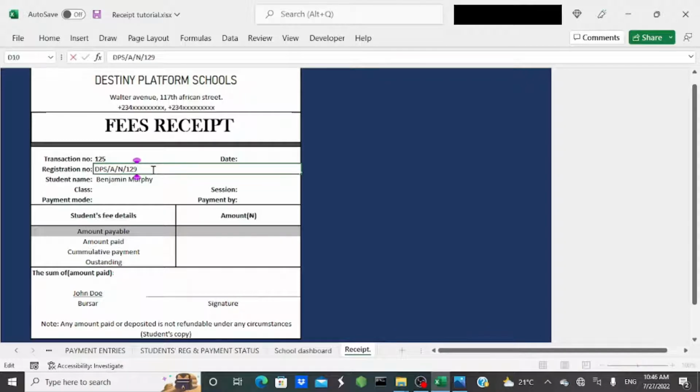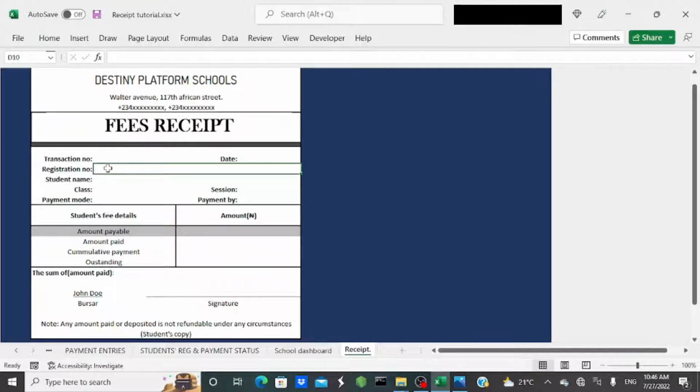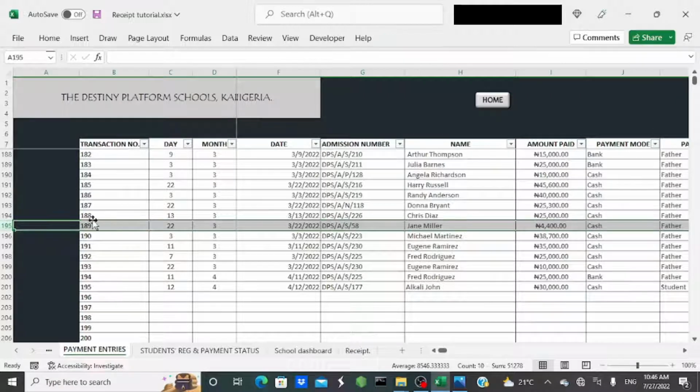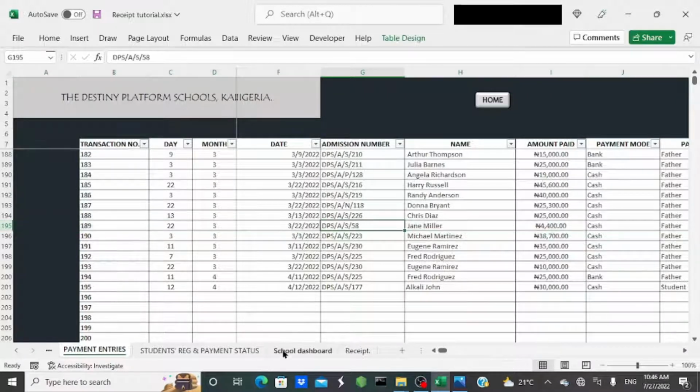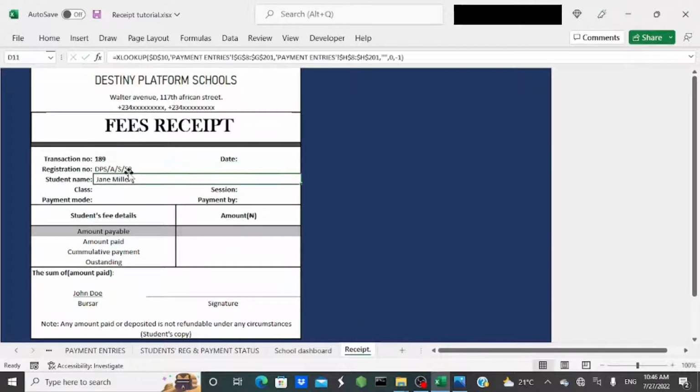So let me clear this information and see. You can see everything goes because it can't find anything, so it is returning blank. But if I enter another admission number, let me see. Let me make use of this one, DPSAS58. The name is Jane Miller, and the transaction number is 189. Enter. So you can see